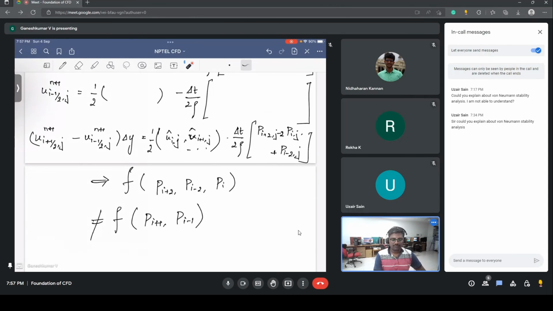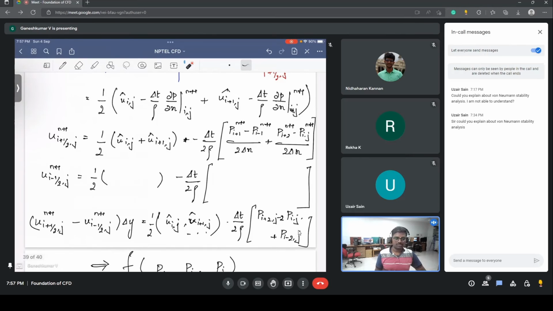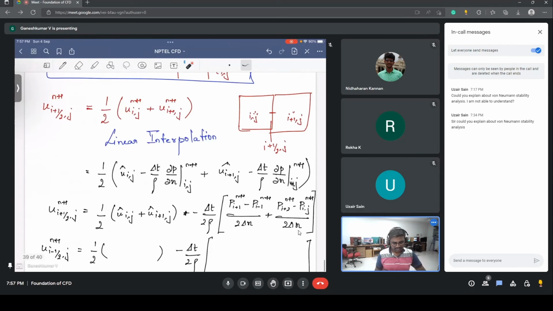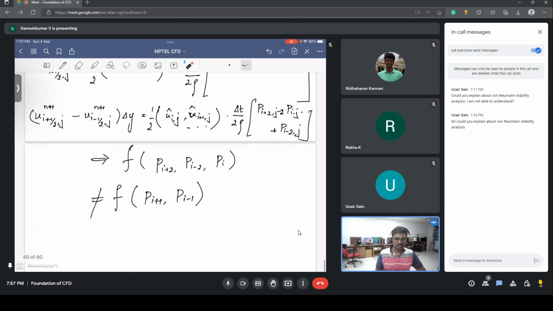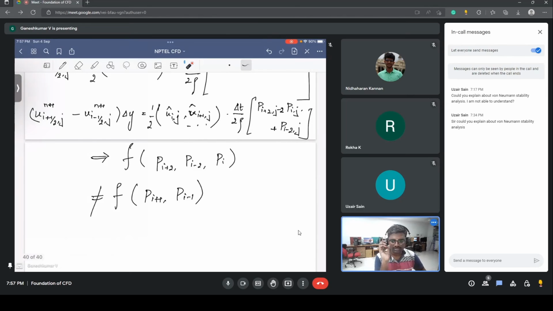So now we have to go through some other process, which is the basis of the quasi-implicit method. I will continue this in the next class. Quasi-implicit is simpler to implement than the SIMPLE method, so if you can understand it better,